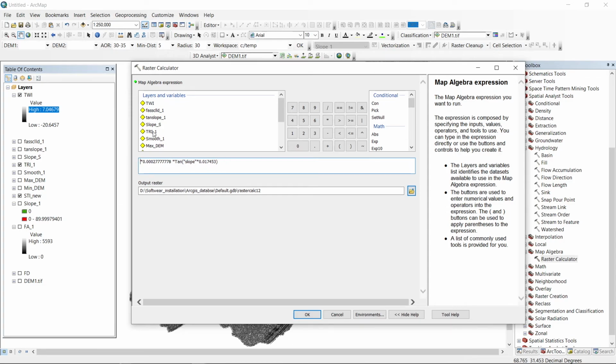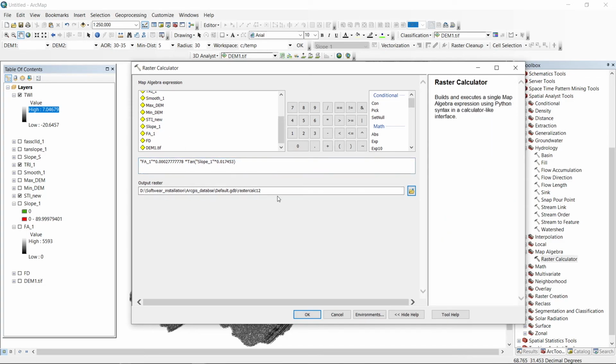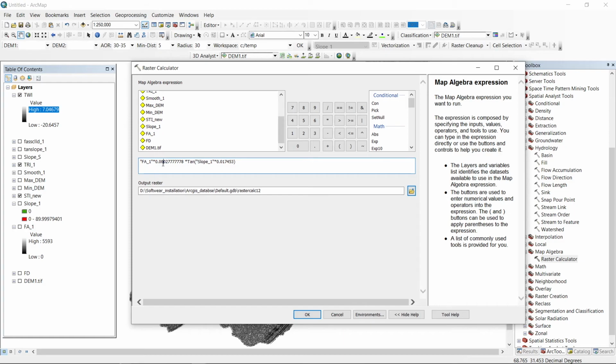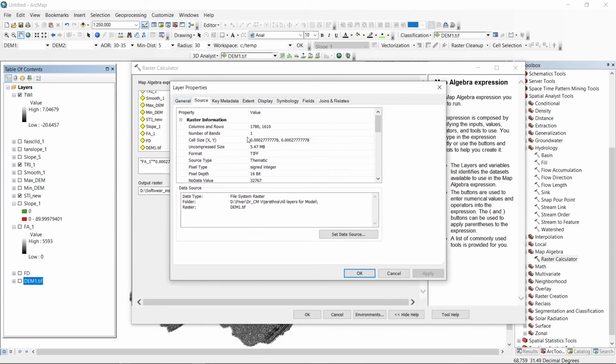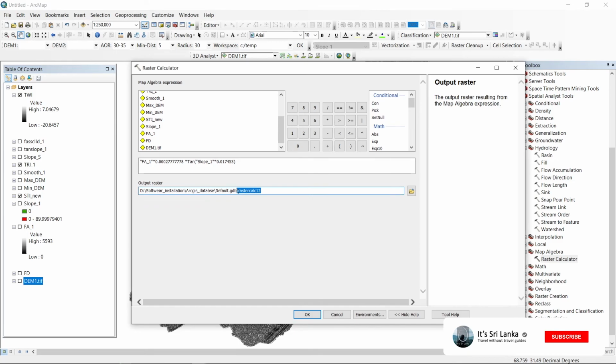Here I have to add flow accumulation, then slope. Here, don't be confused. You have to add your pixel, your cell size. How did I get it? Go to DEM properties, source, and here you have cell size. Then finally SPI.